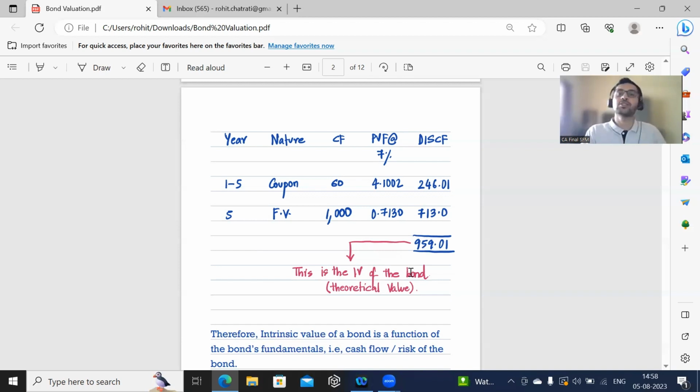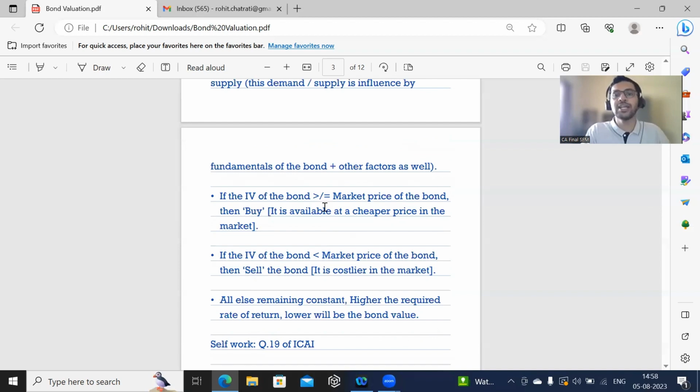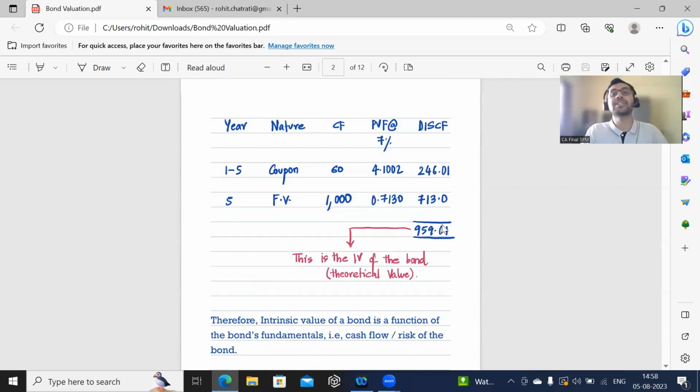So if the intrinsic value of the bond is greater than or equal to the market price of the bond, then you buy the bond because it is available at a cheaper rate in the market. If the intrinsic value of the bond is, let us say, 959, and the market price is 980, you have something worth 959 available in the market at 980, then you should actually sell